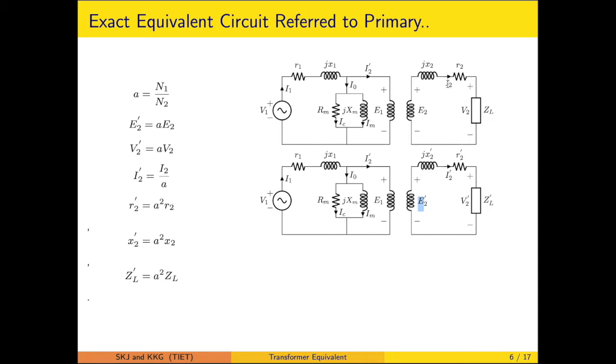This I2 is now I2 dash, which is equal to I2 upon A, and that particular is exactly what has been referred over here. Similarly, the impedance terms are coming out to be. So here E1 and E2 have the same voltage, and that is representing only the ideal transformer case, because other practical aspects have been represented on the left side or the right side likewise.